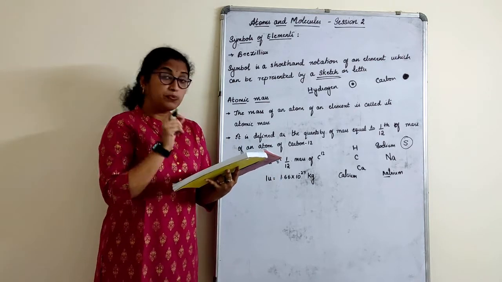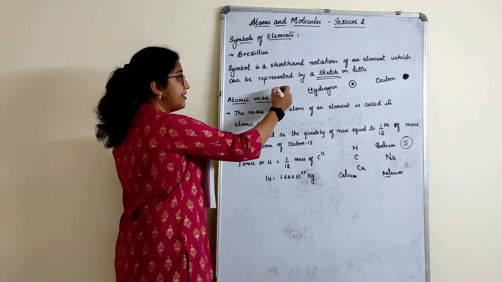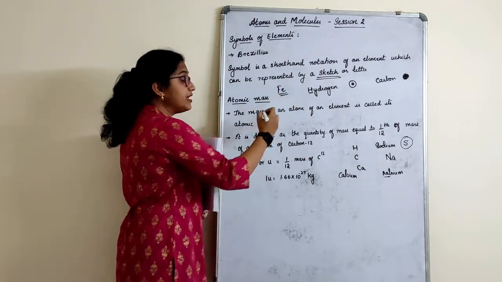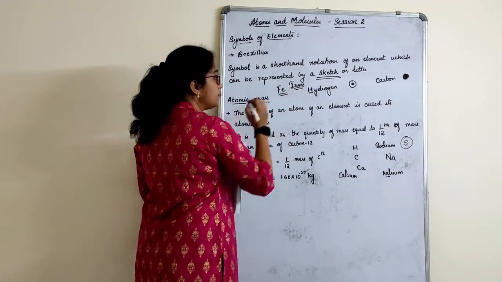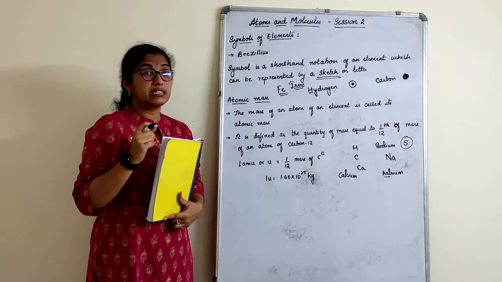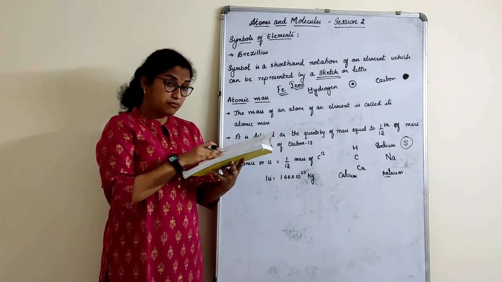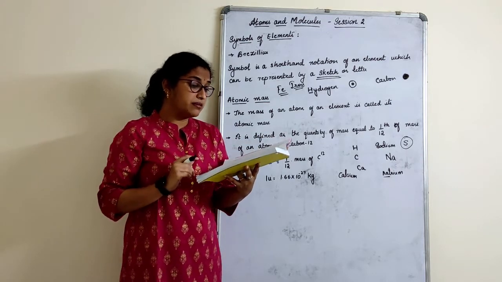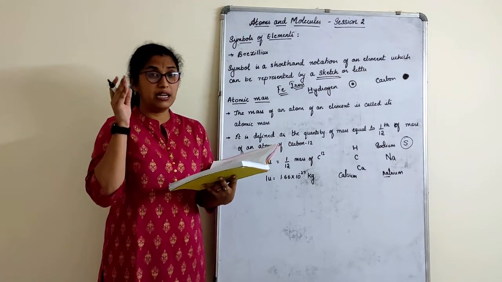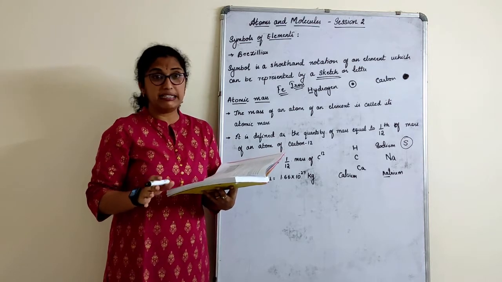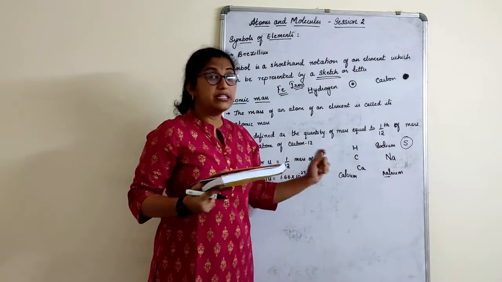Remember in the previous session, for iron I had written Fe, right? Fe is for iron, but none of the letters of the word iron are used. That means Fe is derived from its Latin name. For iron it is ferrum. It's given in the notes, children. For sodium it is natrium. For potassium it is kalium. These are a few Latin names. You need not remember the Latin names; you only need to remember the symbols of these elements.